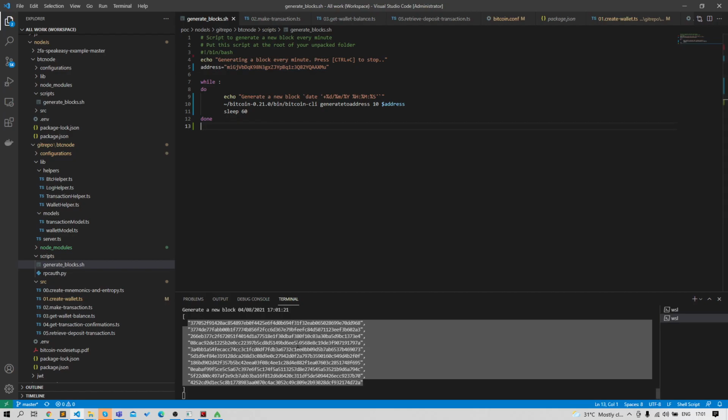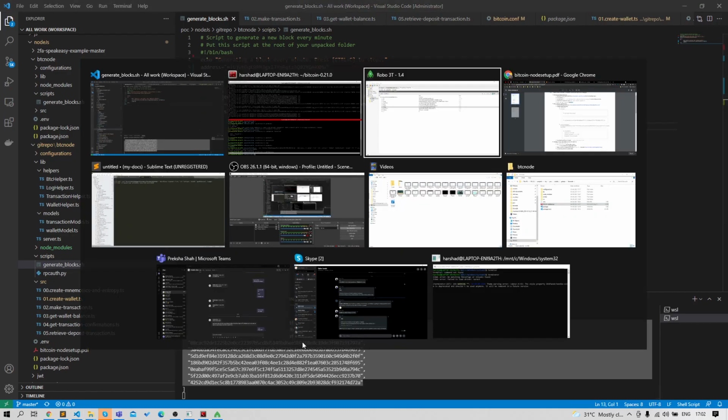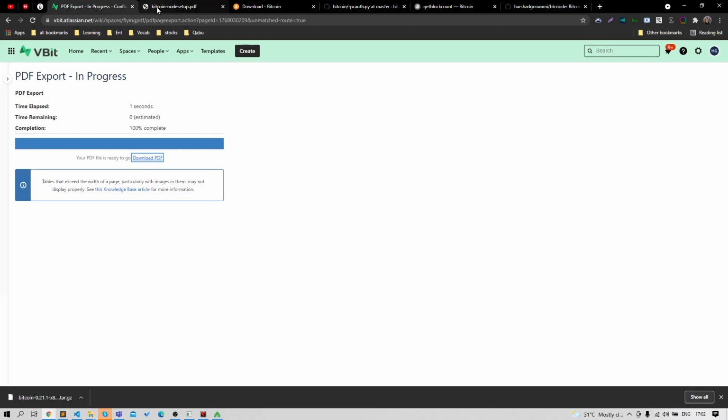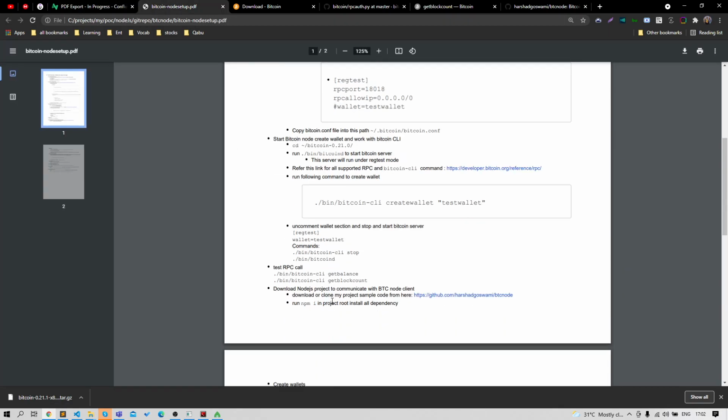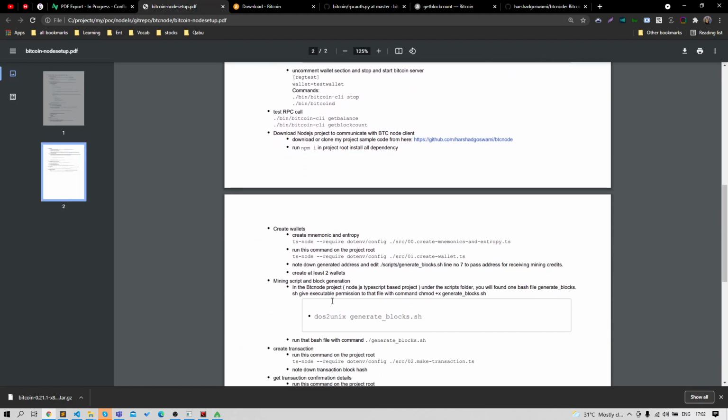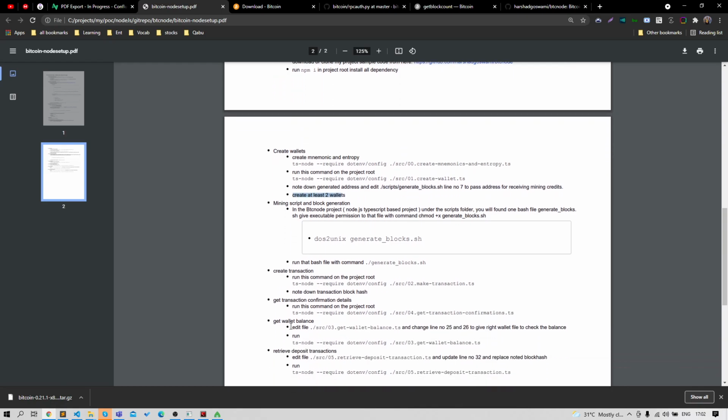Okay, so the next thing is to create a second wallet, so we can perform some transactions also.